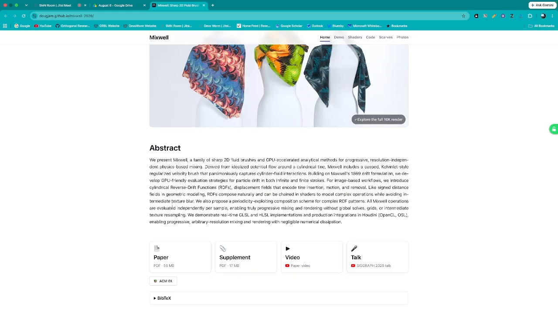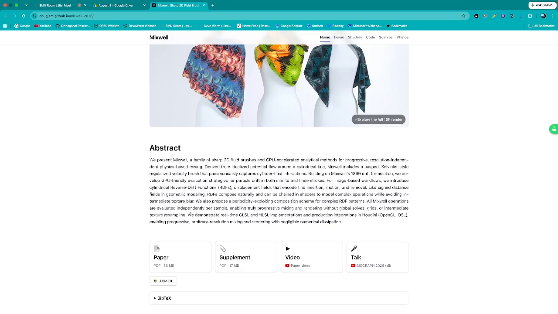For image-based workflows, we introduced cylindrical reverse drift functions, or RDFs, displacement fields that encode tine insertion, motion, and removal. Like signed distance fields in geometric modeling, RDFs compose naturally and can be chained in shaders to model complex operations while avoiding intermediate texture blur. We also propose a periodicity-exploiting composition scheme for complex RDF patterns. All Mixwell operations are evaluated independently per sample, enabling truly progressive mixing and rendering without global solves, grids, or intermediate